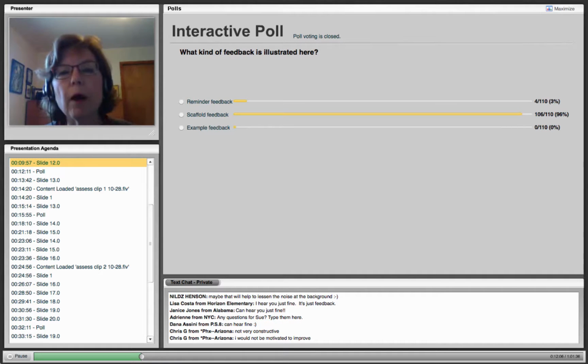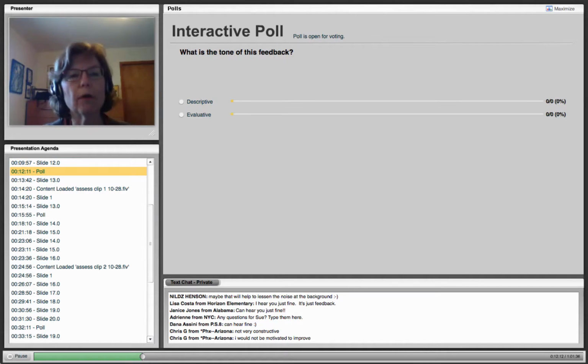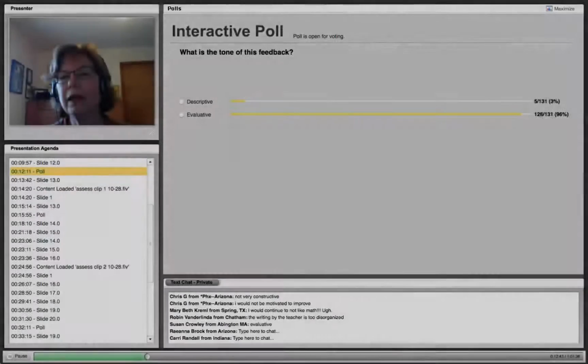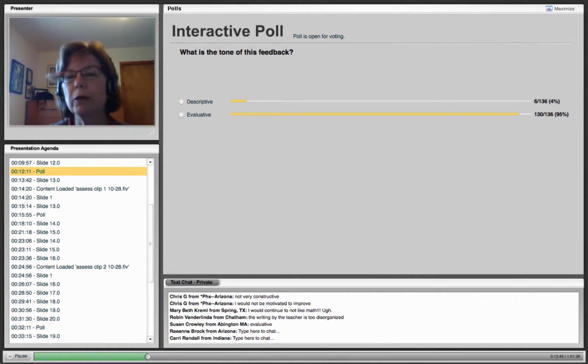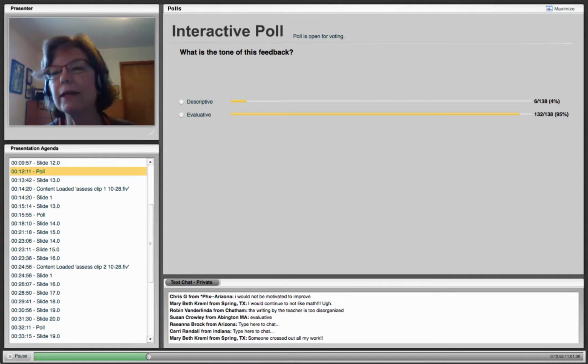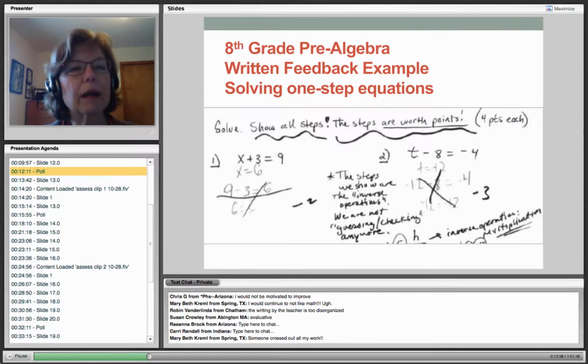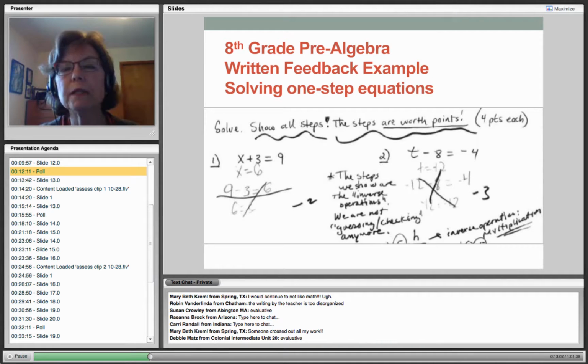If I did this right, you ought to be looking at a question that says, what is the tone of this feedback? Is it descriptive or evaluative? And it looks like almost everybody who's wanted to vote has voted. And I think voted very wisely. Yes, this feedback comes across as very evaluative, very judgmental, which means the student is not going to be very